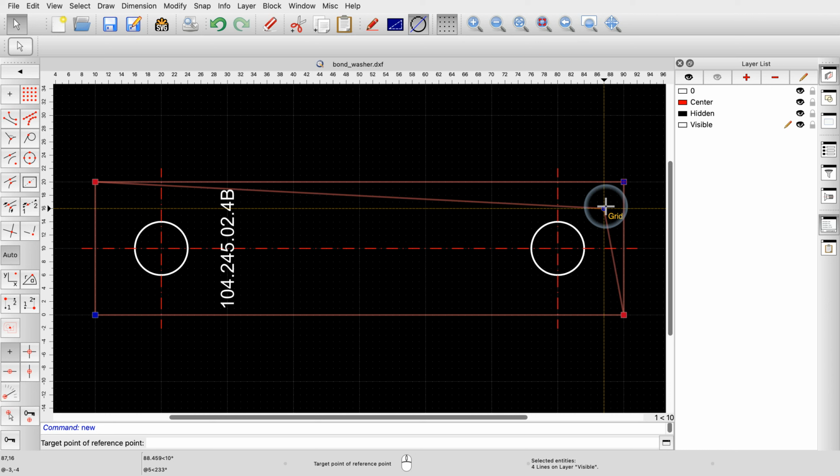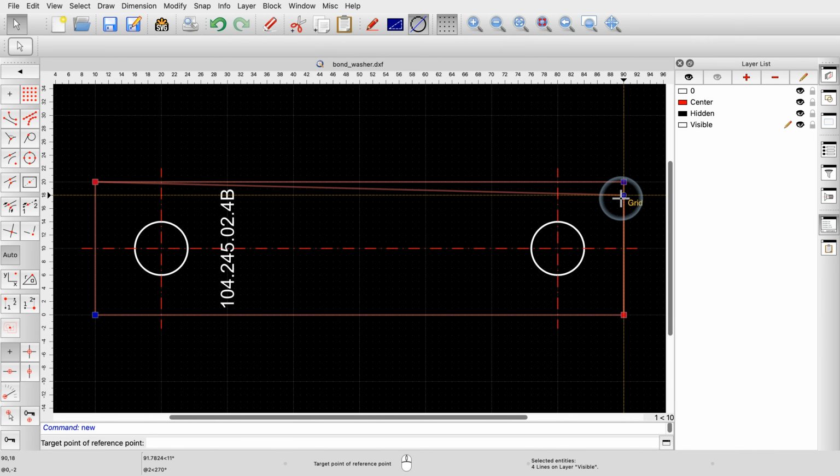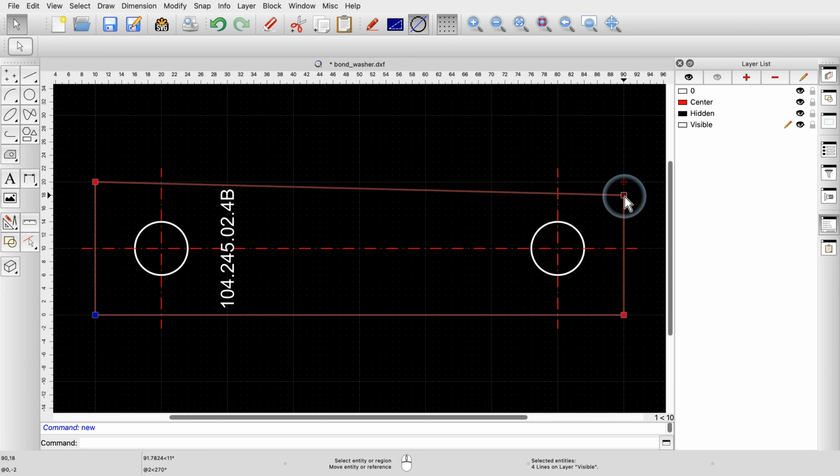However, unlike with usual drag and drop operations, the reference point is not immediately placed when we let go of the left mouse button. This gives us the advantage that we can let go of the mouse button and take our time to place the reference point at a new location. For this, we can use all the usual snap tools or enter a coordinate without having to keep the mouse button pressed. Once we have found our new location, we simply click to place the reference point at the new location.